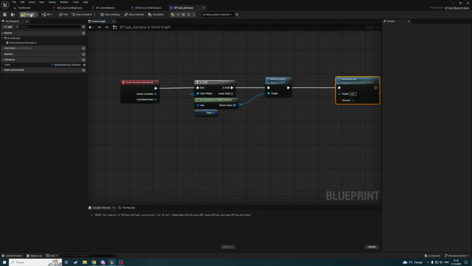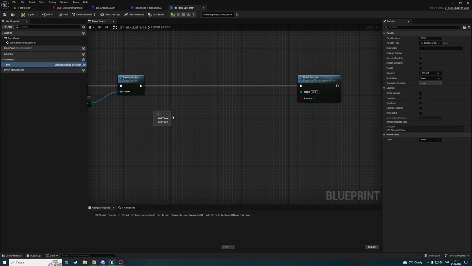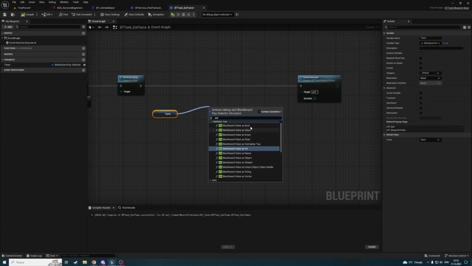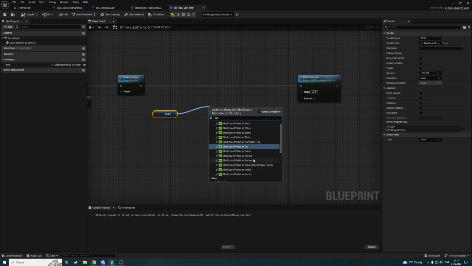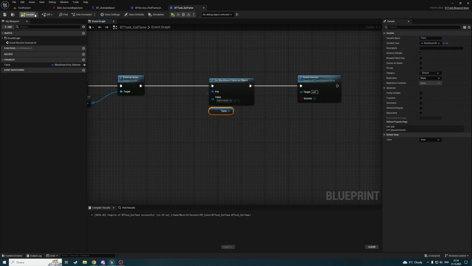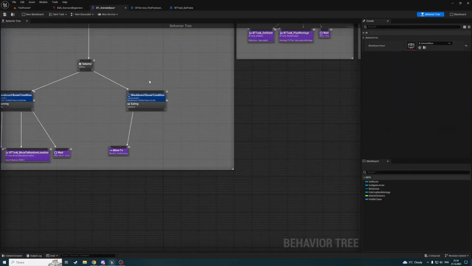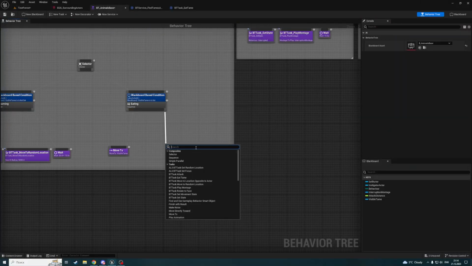And finish with success. Also, we should get this name and set Blackboard value as object to nothing so that our service will be able to find a new tame. Now let's call this task from here, BT task eat tame,